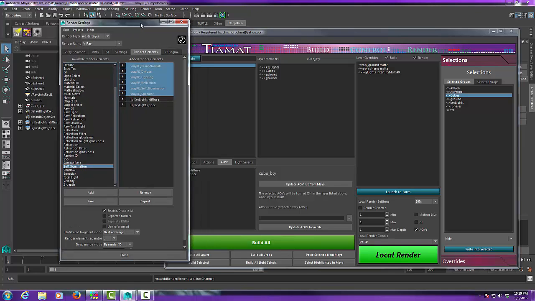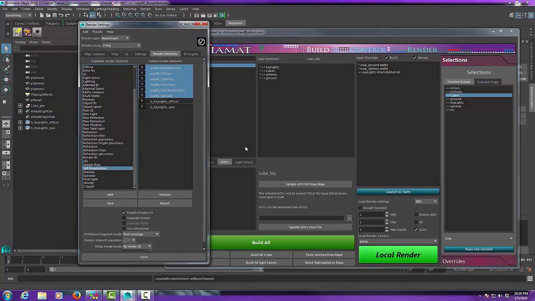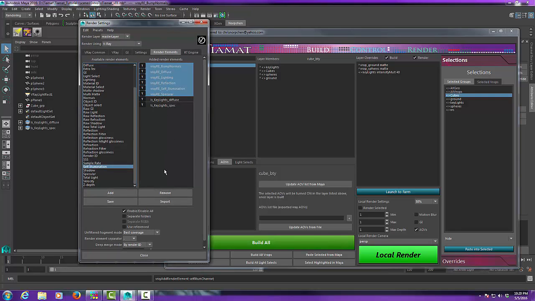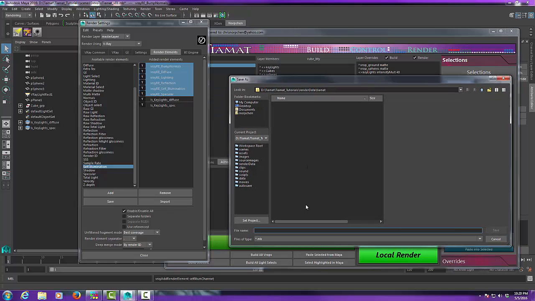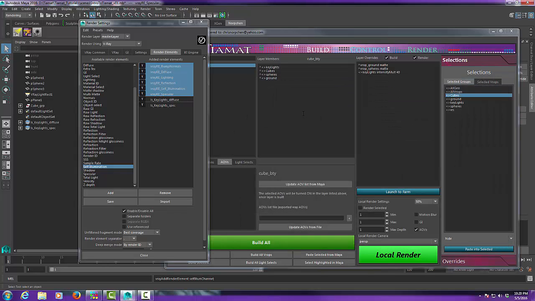Light selects need to be created within the scene. That's why Tiamat controls them separately. You say save, and under render data Tiamat you can again put it wherever you'd like. I'm going to say AOV list, save. So now just to show you, I'm going to delete these,